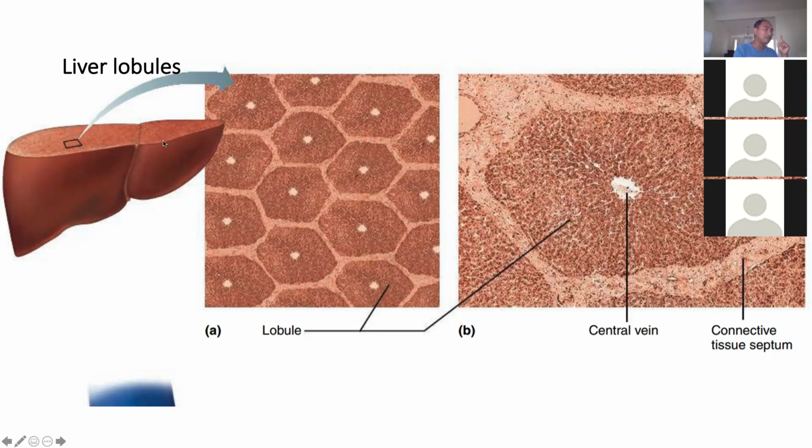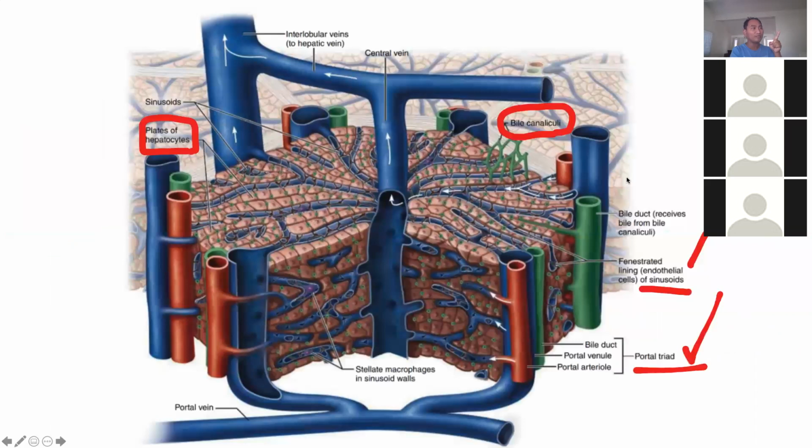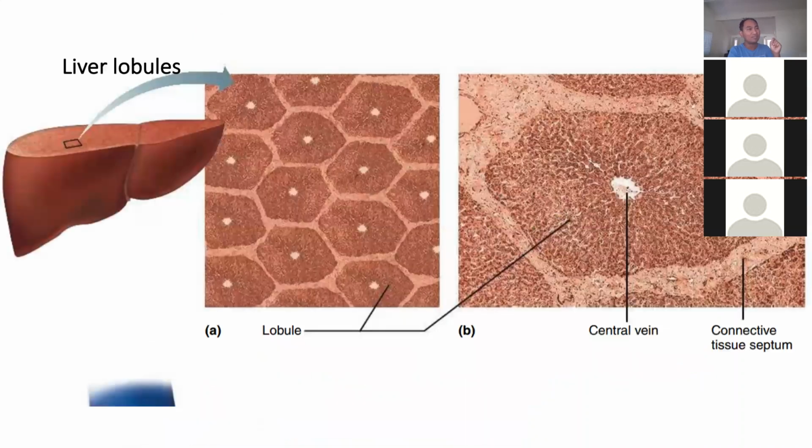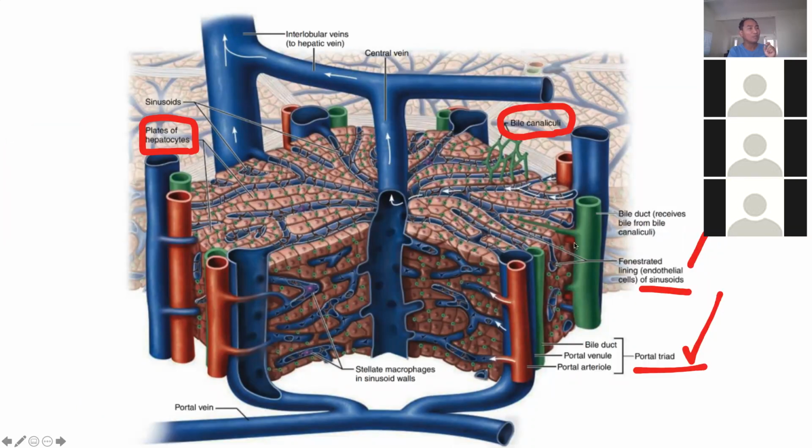So look at the slice of liver, put on the slide, look under the microscope, you will see the hexagonal cell. The hexagonal cell has a central vein. Now I'm going to show you, this is the central vein, this is the hexagonal shaped cell. And at each and every corner of the hexagon, 1, 2, 3, 4, 5, 6, each and every corner of the hexagon, we have the